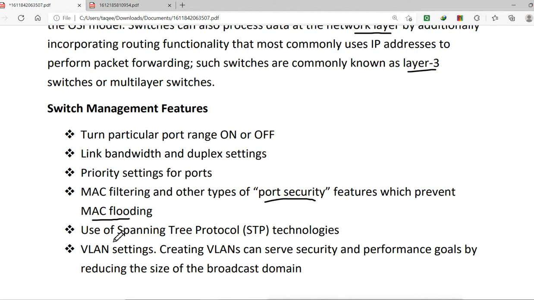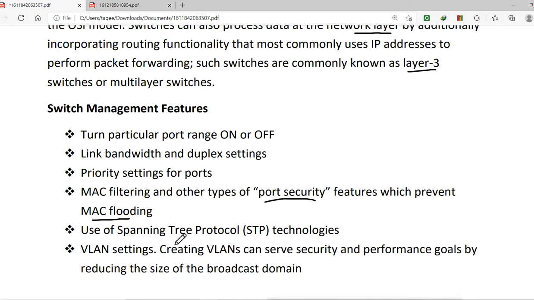Then we can use spanning tree protocol technology. We can configure this on the switch. This spanning tree protocol is to prevent layer 2 loops. When we connect multiple switches together, there is a chance of having layer 2 loops.